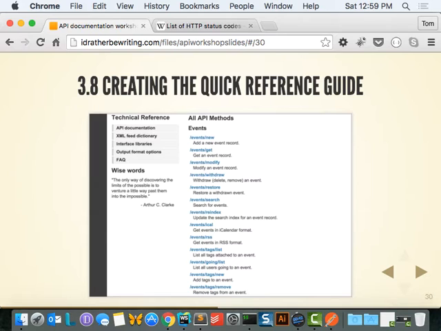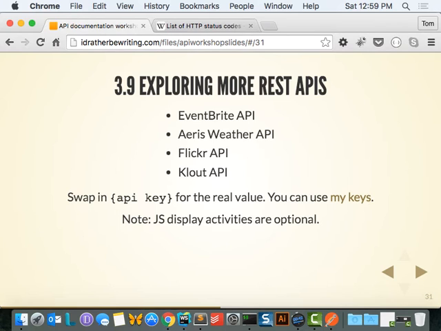And developers, they're going to be all over the map in terms of their proficiency. Some people really just need this list. Other people are going to need a lot more hand-holding. But at least with the quick reference guide, you can address the power user who doesn't need a lot of hand-holding. All right, now, if you want to explore more APIs, see this section of my course, and you can walk through